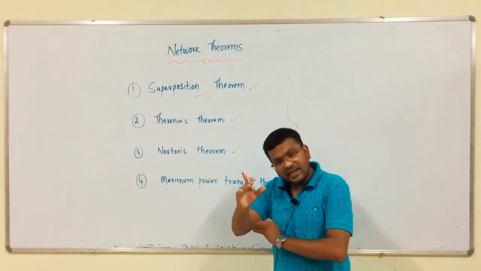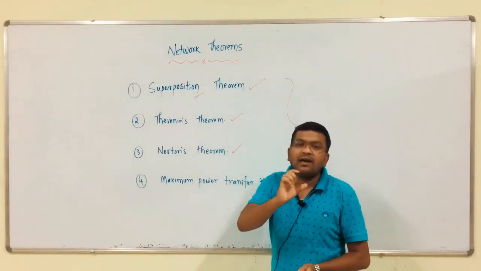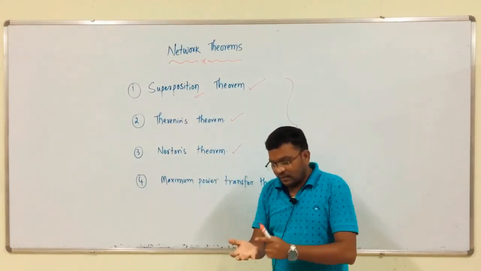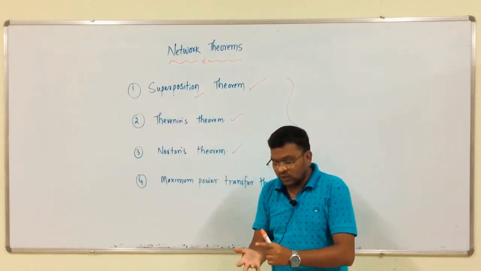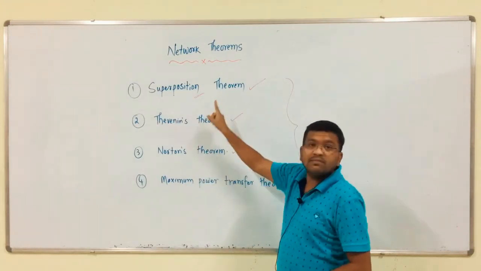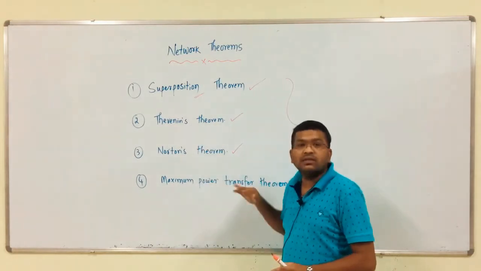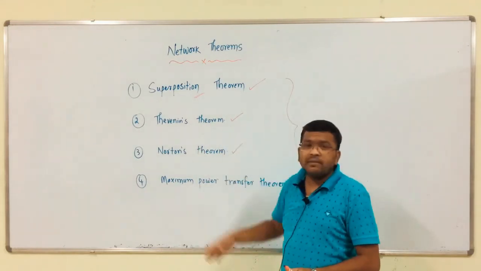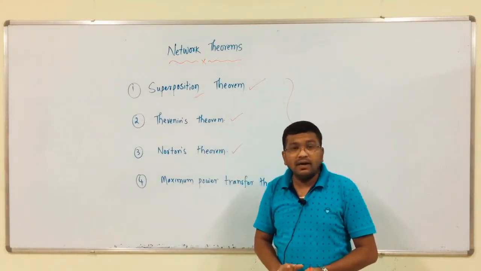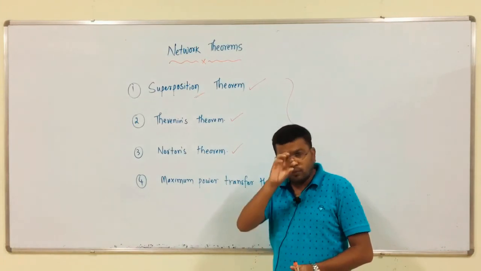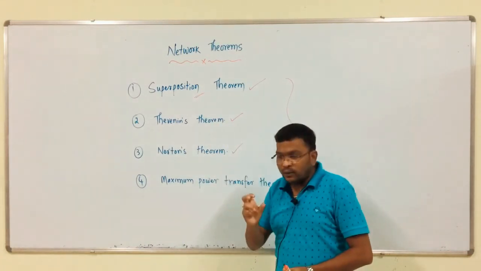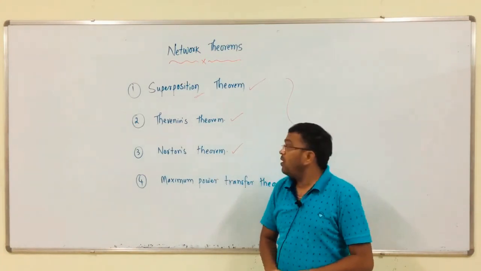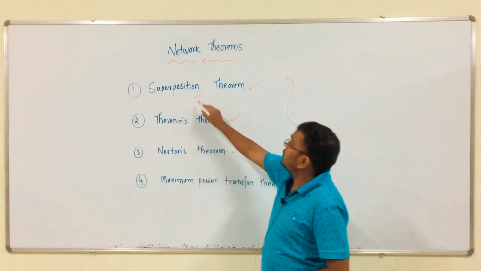But if we consider any circuit, we will get the same answer by using KCL, KVL, mesh analysis, nodal analysis, source transformation, superposition theorem, Thevenin's, Norton's and maximum power transfer theorem. We will get the same answer from the circuit by using any of the methods, but the procedure is different. So, we have to follow a certain procedure to calculate the required parameters, that is very important. Now, we have to discuss the first theorem, superposition theorem.